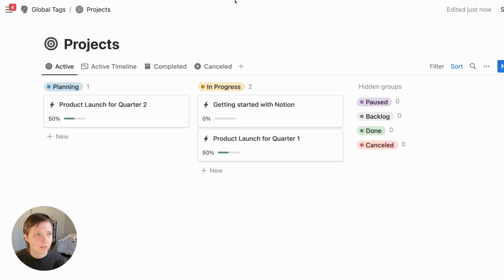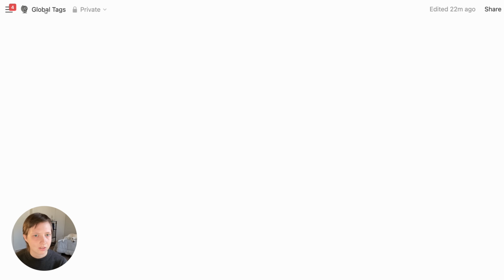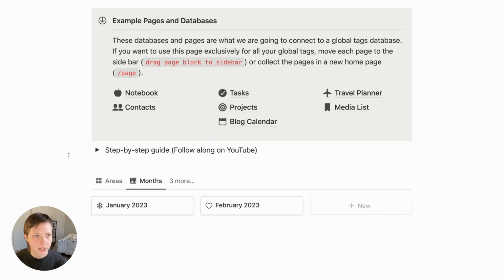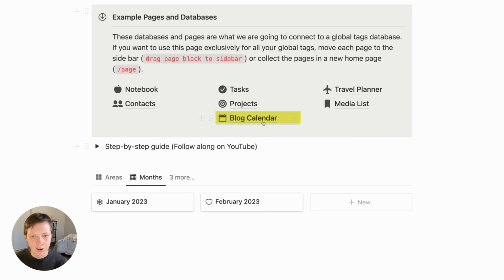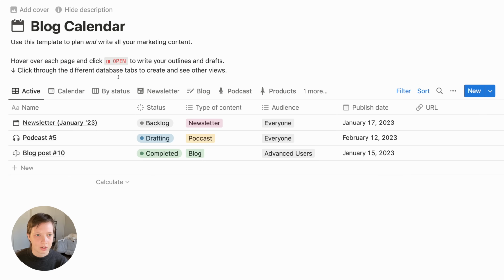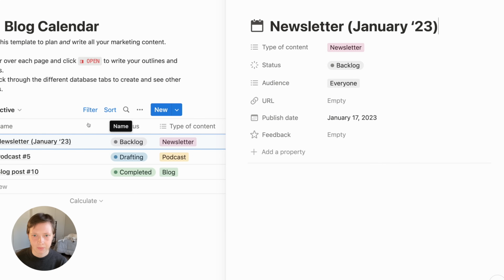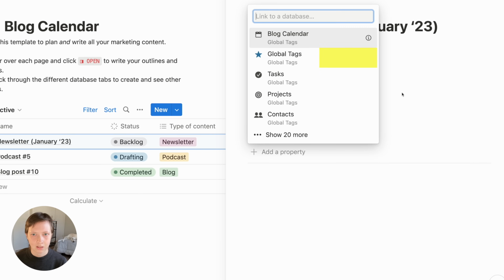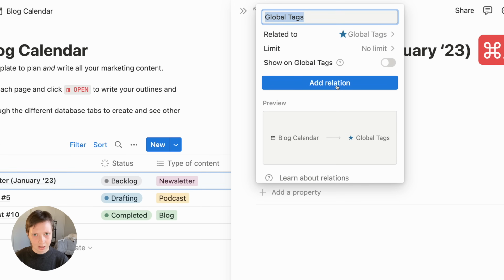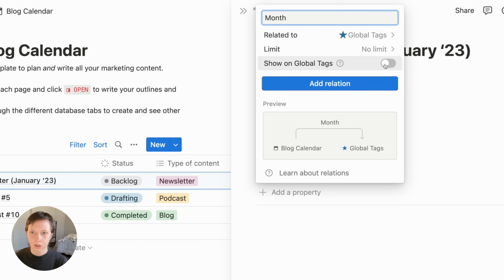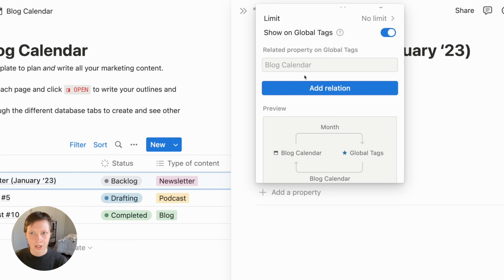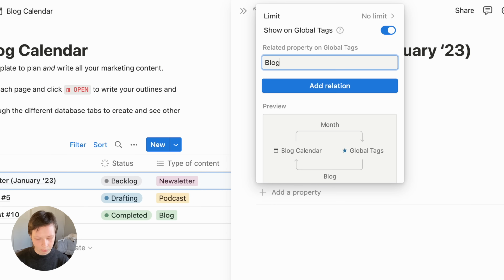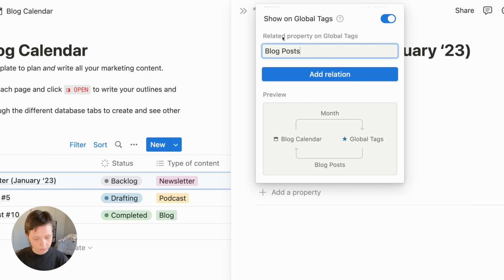Exit out of that. Let's go back to global tags. And I do want to connect one more database to months, which is the blog calendar. We are going to, again, just open up any page here. I'm going to create a new property via add a new property. Again, scroll down to relation, select global tags, and rename this to month again. Create a backlink, and we can rename this backlink to blog posts or online posts. Add relation